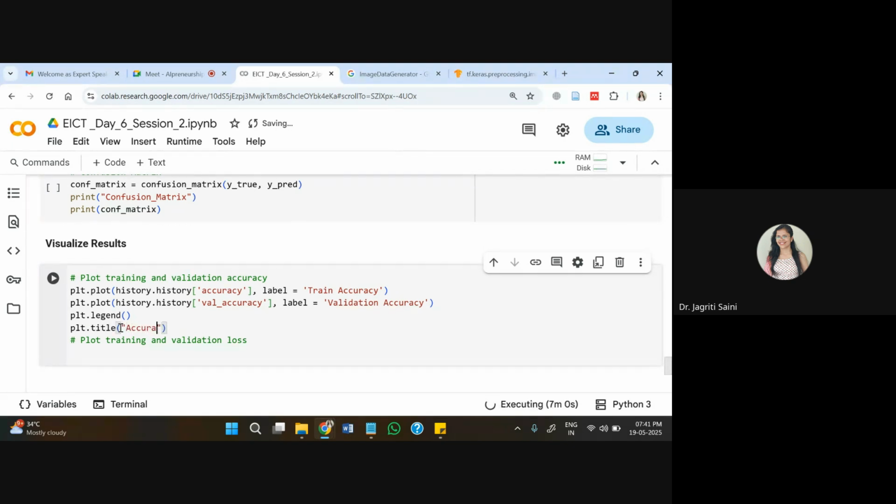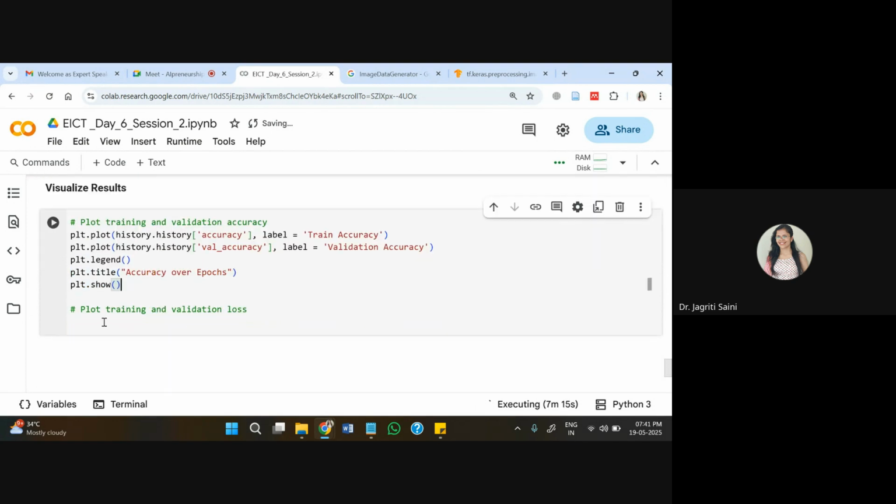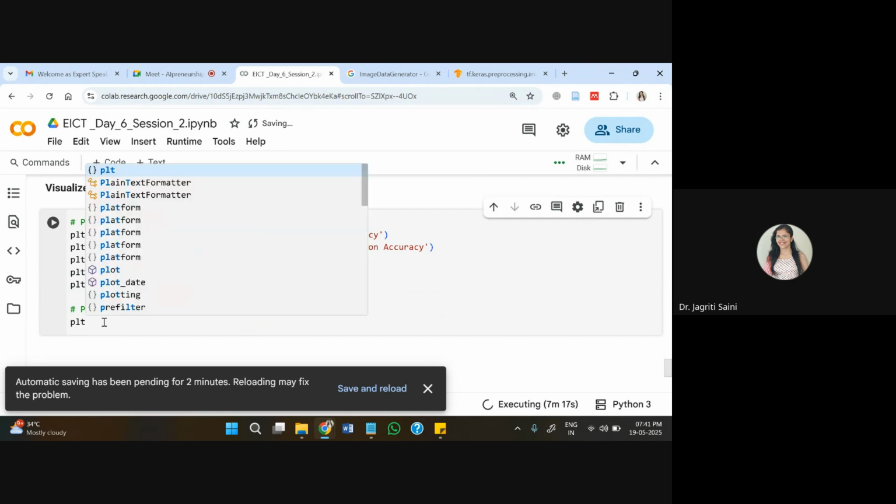Then I'm writing here accuracy over epochs as my plot title, and then I can write the show function here. So this includes my first plotting sequence. The similar kind of plotting sequence now we can create for the validation dataset.